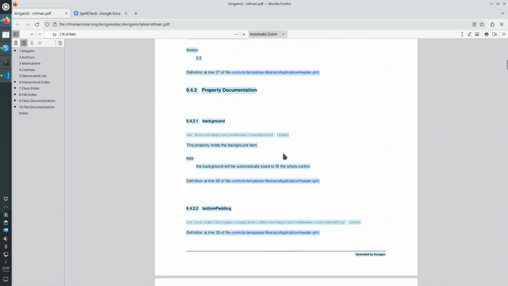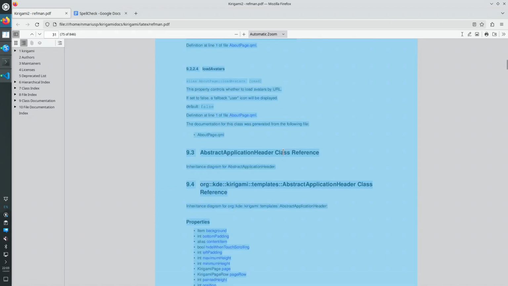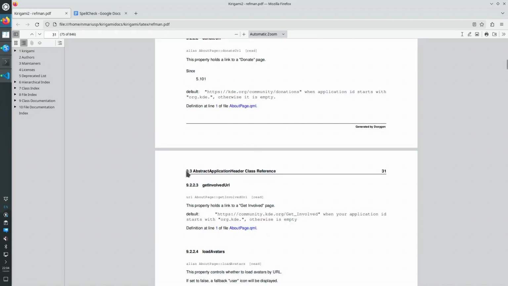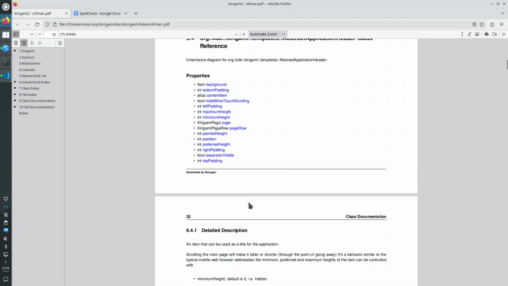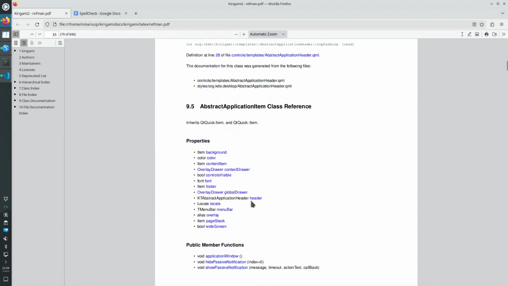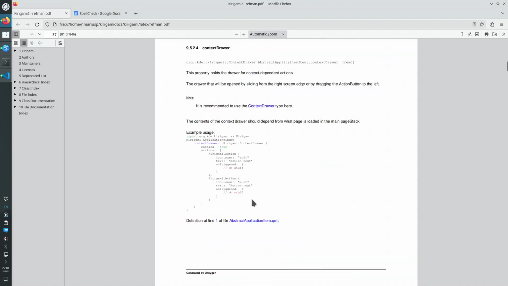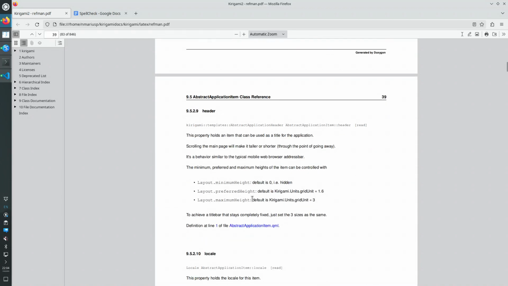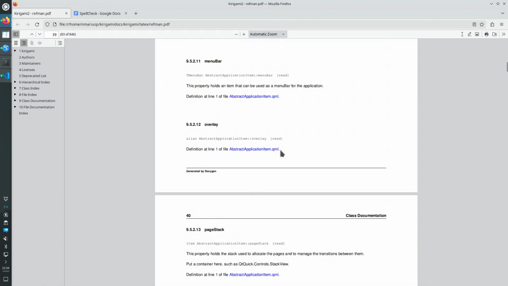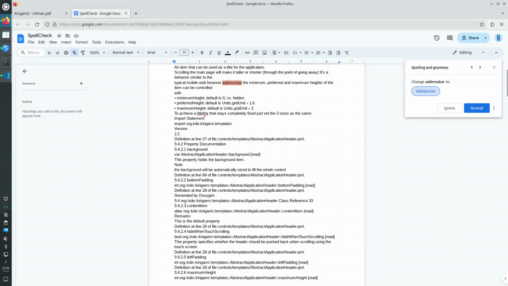I went to page 30, selected a bit from the page, which will be the start point of the selection. And then I'm going to the end of the selection, page 39. And I shift click, but only when the cursor is not an arrow, but the text editor cursor. So in this case, shift click. Right click, copy, and then